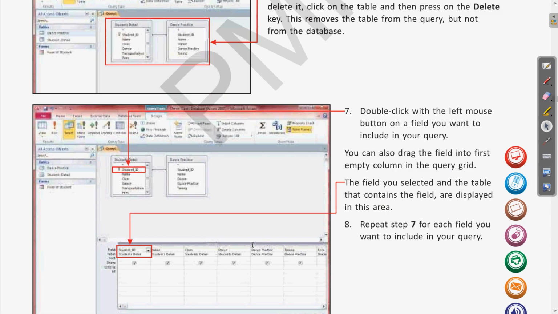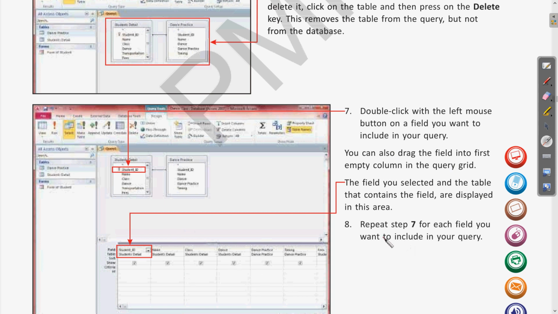Let us come again to the textbook. Step number 7 was the same: select the different fields for the query grid area. Then we have seen we can also drag the fields to the empty columns in the query grid. The field you selected and the table that contains the field are displayed in this area. You can see we have followed the same, double clicking or dragging the different fields to this query grid area.